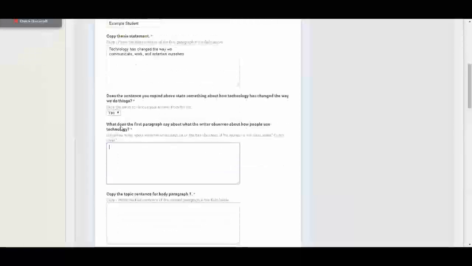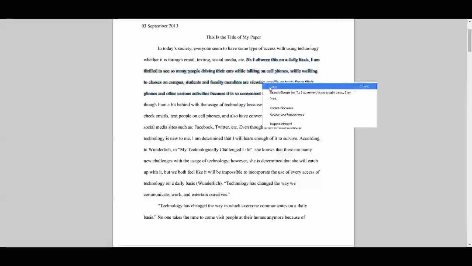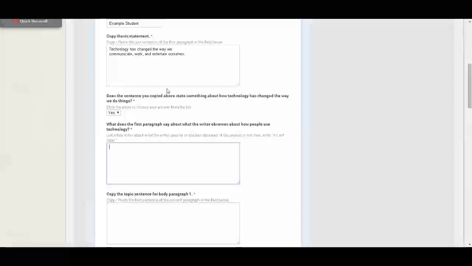And so on. It says, what does the first paragraph say about what the writer observes about how people use technology? So I go back and I can see, oh, he said, as I observe this on a daily basis, I'm thrilled to see so many people driving while talking on their cell phones, walking to classes on campus, and talking about the different things people do on their cell phones. So he copies it. And so I just write down there,